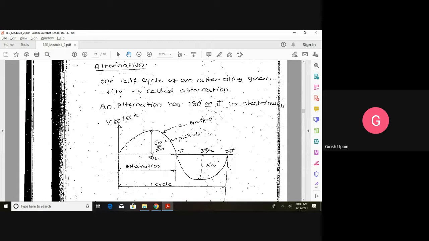Suppose in the exam, if they ask the definition, please draw the waveform and represent those values. Here, the y-axis is nothing but the instantaneous value i or e. This is the peak value, and this is the time taken to complete one cycle, from here to here. This is called the time period. Write it as the time period. So try to represent everything on this particular waveform so that you will get the maximum marks. And what is the mathematical equation of this waveform? e is equal to Em sin theta or sin omega t or sin 2 pi f t.